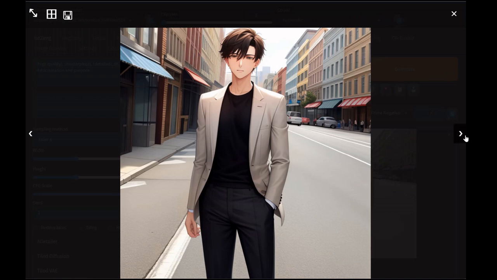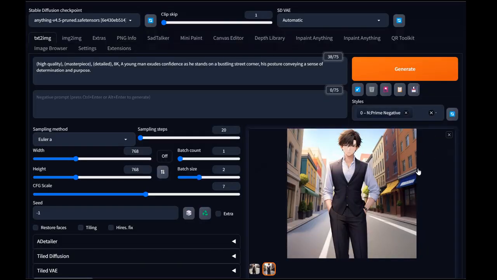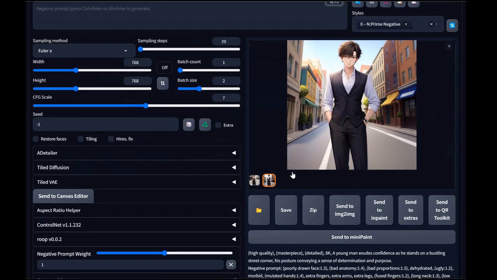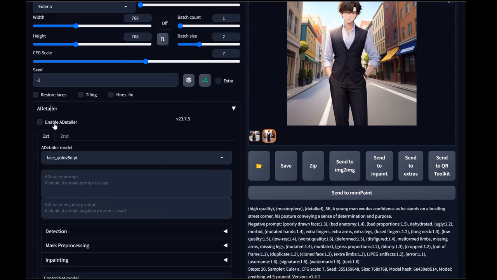That's not bad. That's better. I like that one. We're going to run with that one. Okay. So now that we have our image, we're going to come down here. We are going to enable the ADetailer. We want it to correct any facial issues that may be introduced by the